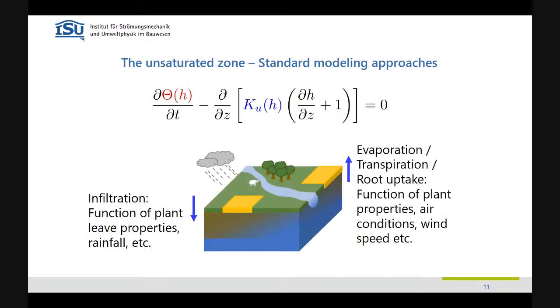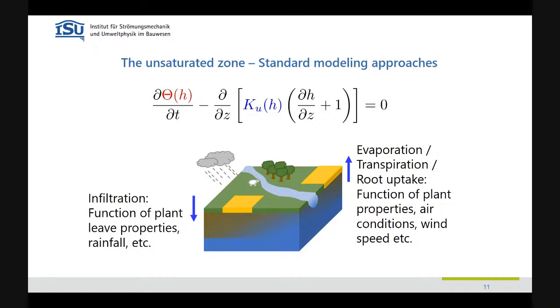My point is, on these large length scale questions that I've put up, it's not established. So this is still the standard model that we use on the large length scales. So we are working with a model that is strongly parameterized. This is clear. And here it's not only the parameters, it's also the boundary conditions. If you think what goes in and out into the atmosphere depends on the plants, on the weather, on the wind, on whatever. So there's a lot of parameterization in there too.